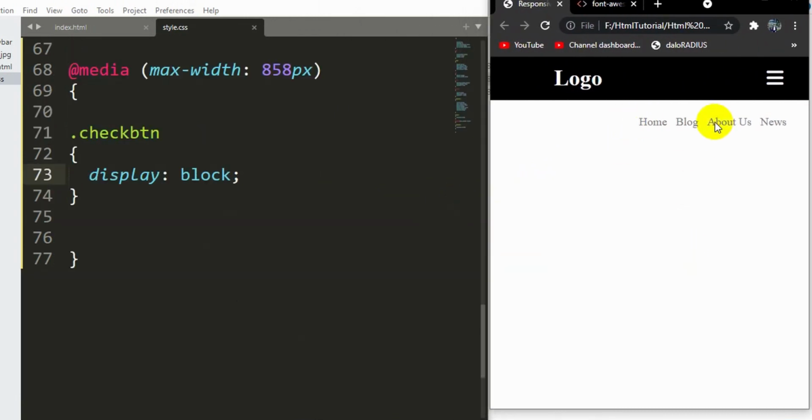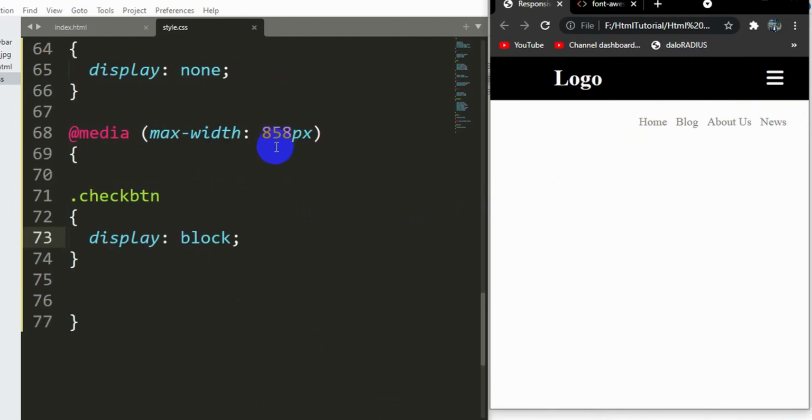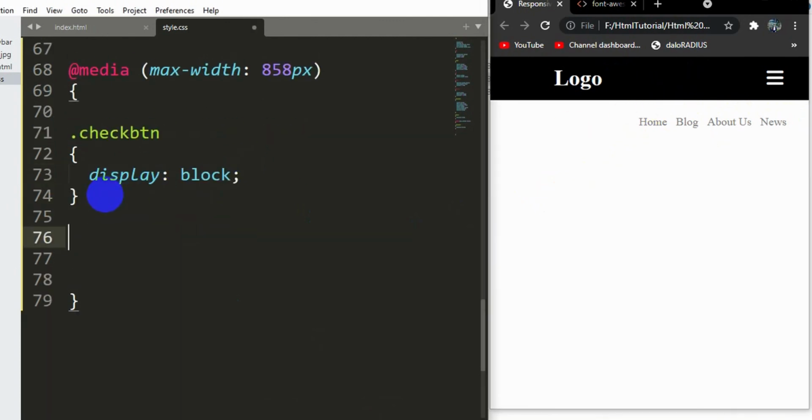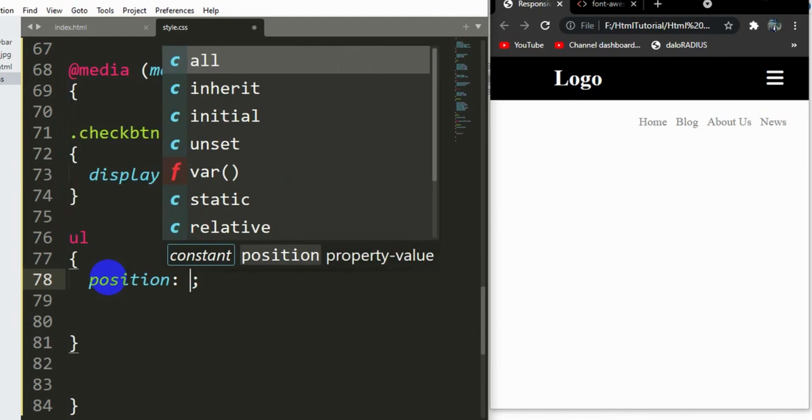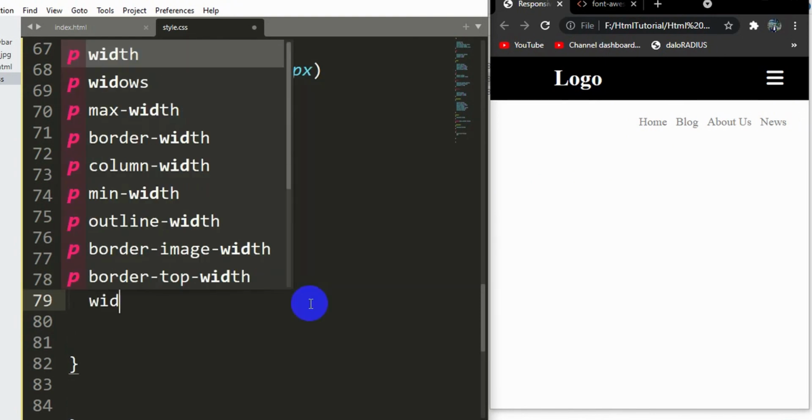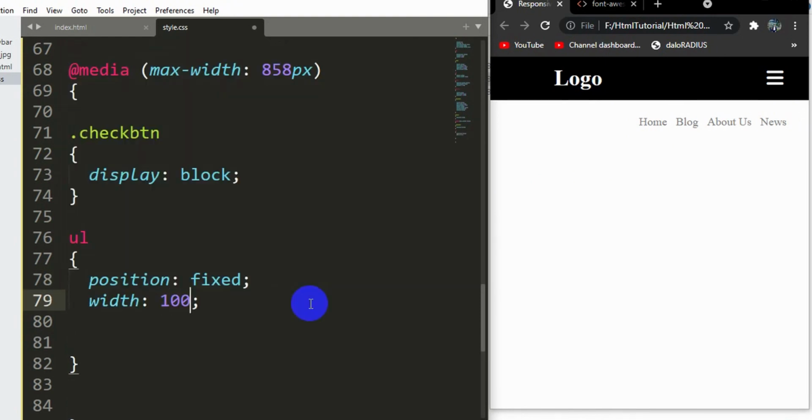Now we also do not want to show those menu items like this for a certain width. So in this media max-width condition, we are also going to say over here ul, and inside it first of all we'll say position. Let's say position will be fixed, and we'll say width, it will be 100%, and height will be 100vh.